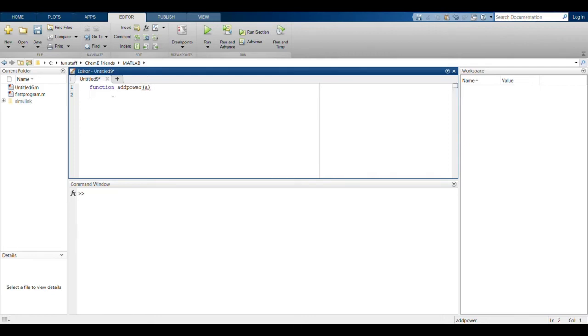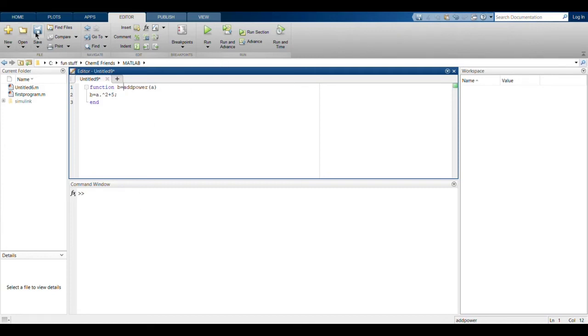So what we'll do is b equals a square. When we take in a, b will be assigned a value of a square plus 5. In order to use this for matrices, perhaps later on, we'll just add a dot and write end. So this is the end of the function, and we'll write output b equals add power of a.